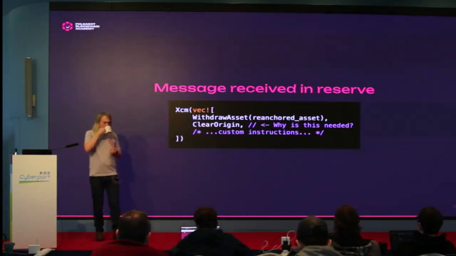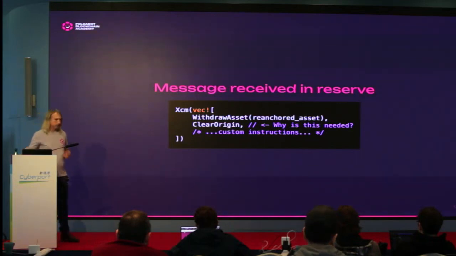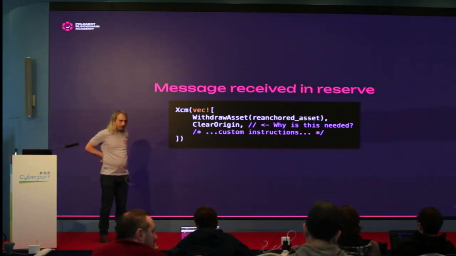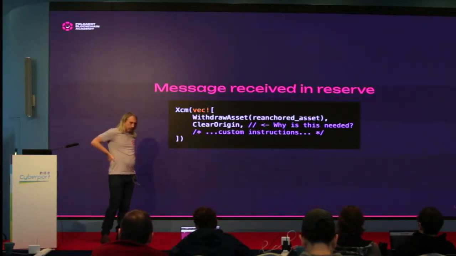Yeah. I think maybe to answer your question, the re-anchoring is what would map to the original asset and account, if I'm not mistaken. And my question is, if the clear origin is very, very important and crucial and needed,